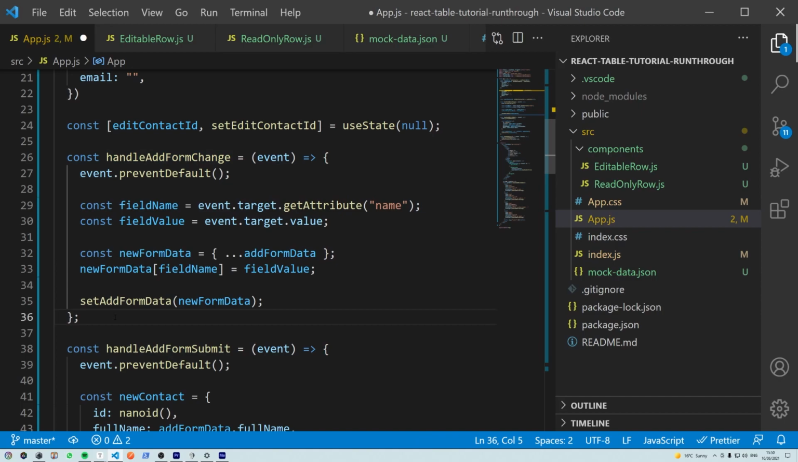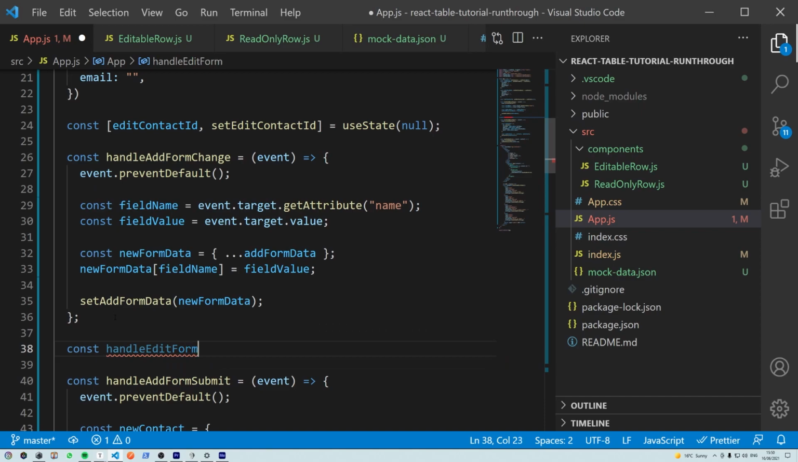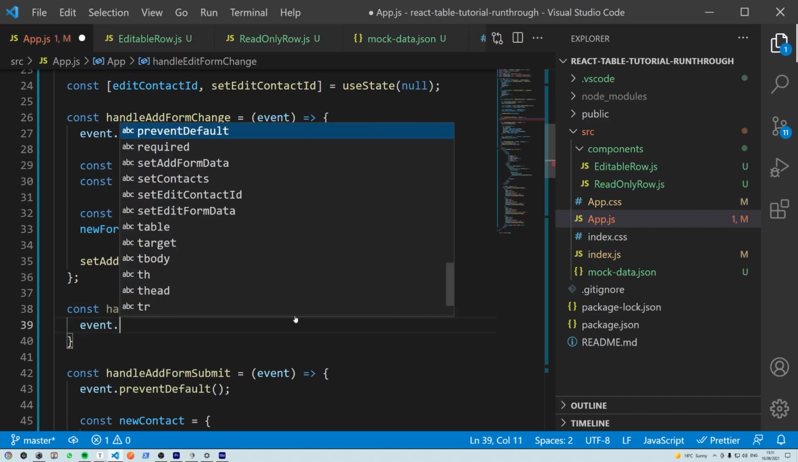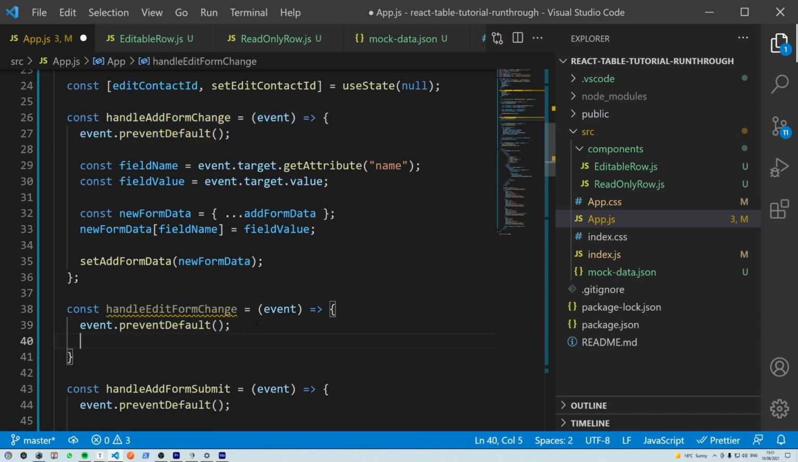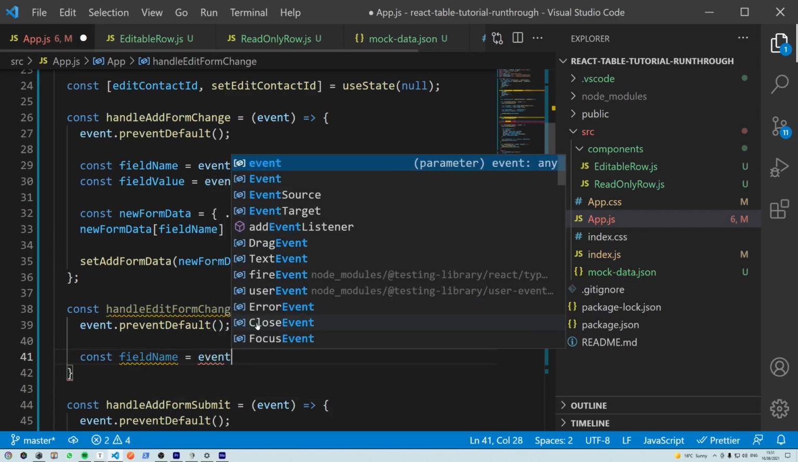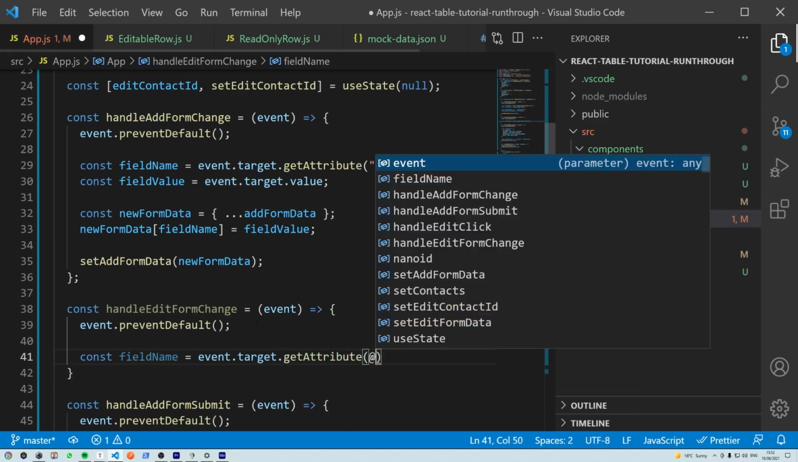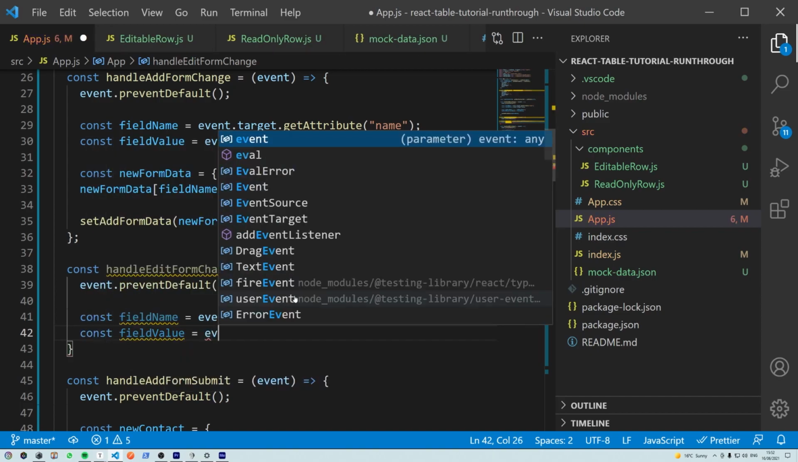So we'll take a new line just beneath this function. Let's say const handleEditFormChange, which will be equal to an arrow function. This function will accept the event. In the body of the function, we will say event.preventDefault, just like before. And we will get the field name. This will be equal to event.target.getAttribute, and we'll pass in the name. And we will also get the field value. So I'll say const fieldValue equals